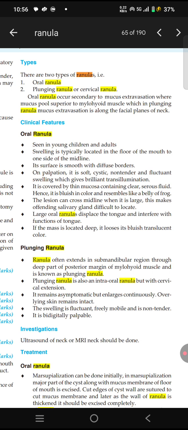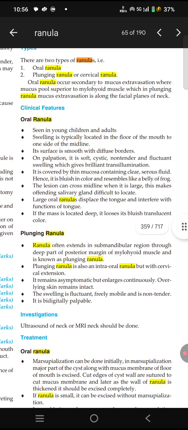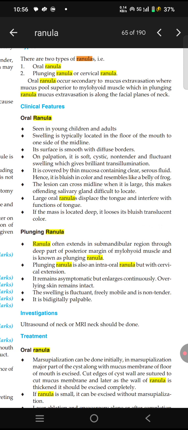Plunging ranula. The ranula extends to the submandibular region, deep to the posterior margin of the mylohyoid muscle, and it is known as a plunging ranula.